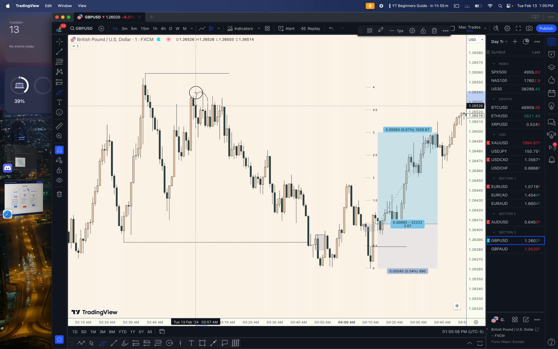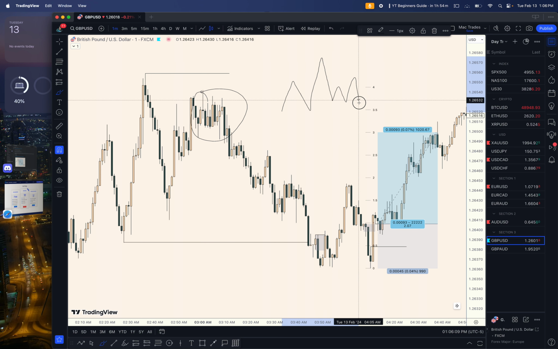on the lower time frame, this entire region here would have looked like this. We've had a nice push to the upside, then a push to the downside, push to the upside. A little bit of consolidation here, creating liquidity, break, price traded back up, and then we sold off. So your entry would have been somewhere around this area here,